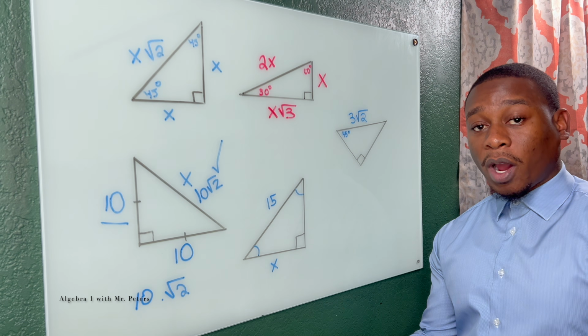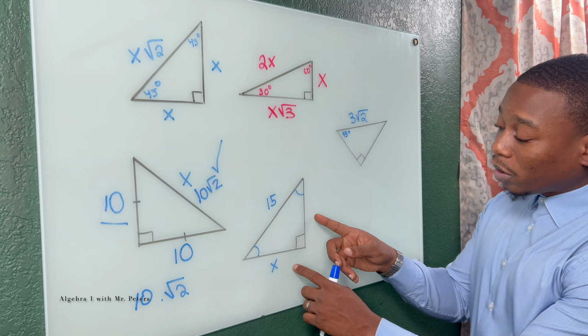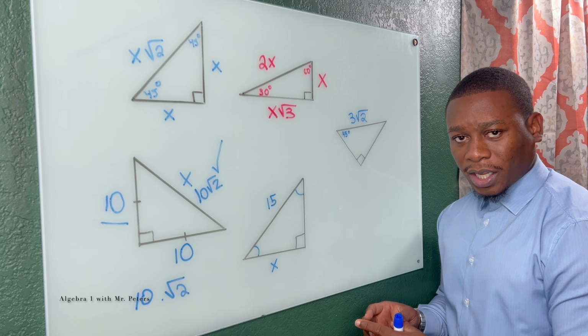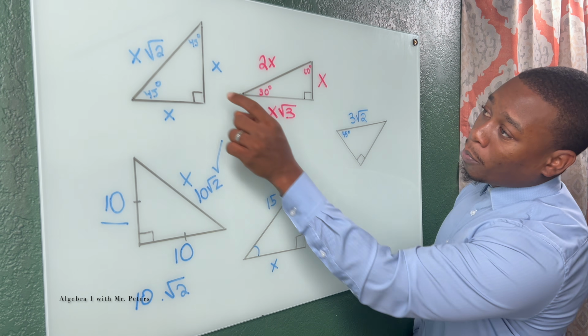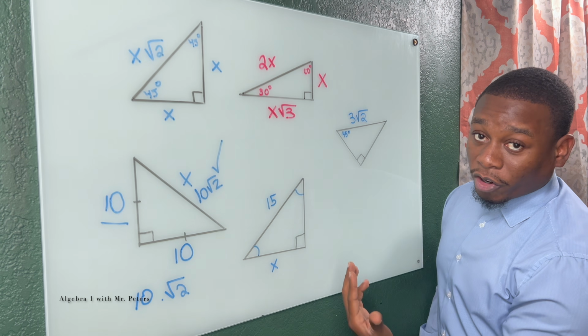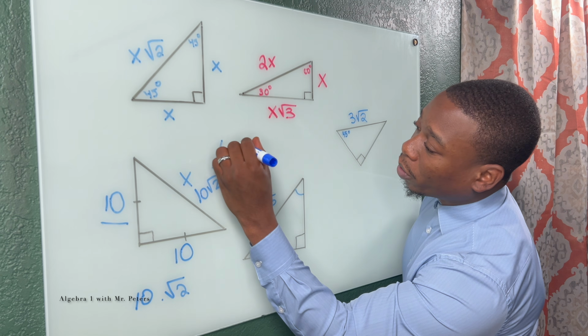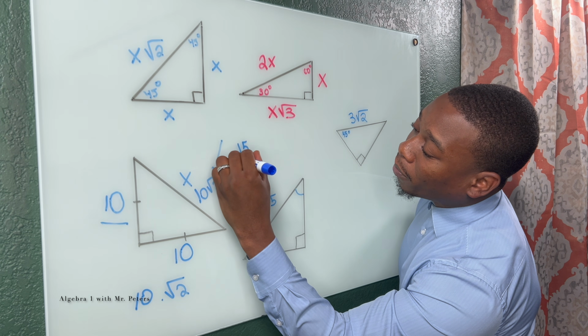Now, there's other problems where they give us the hypotenuse. Now they want us to find the legs. So if we're looking at this, understand whatever our leg was, we had to multiply it by radical 2 to figure out the hypotenuse. So if we're working backwards, we're going to take the hypotenuse and now we're going to divide it by radical